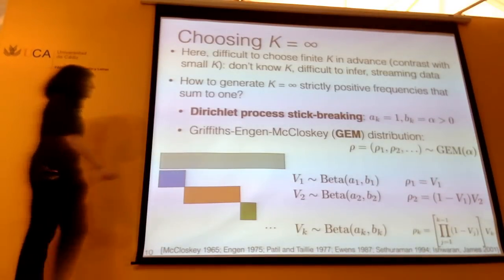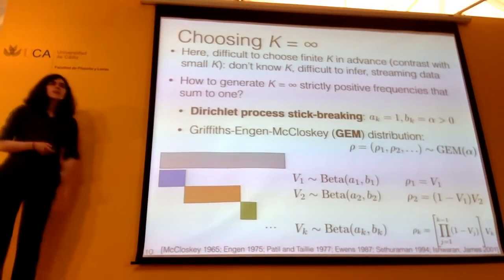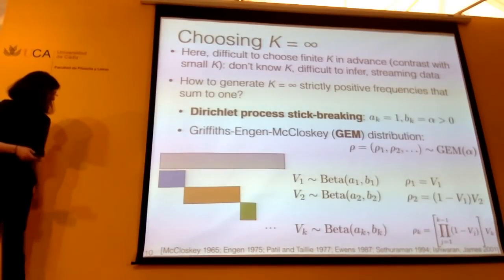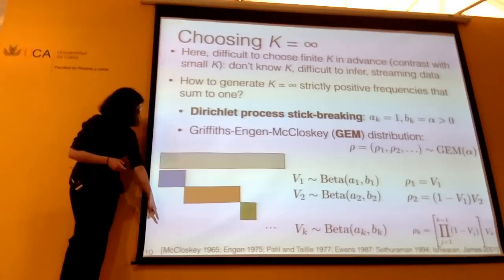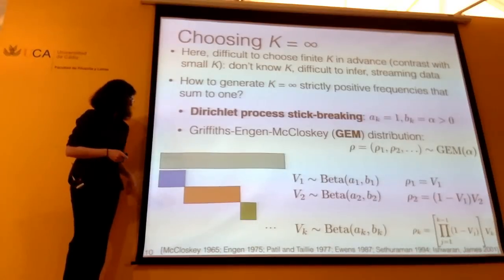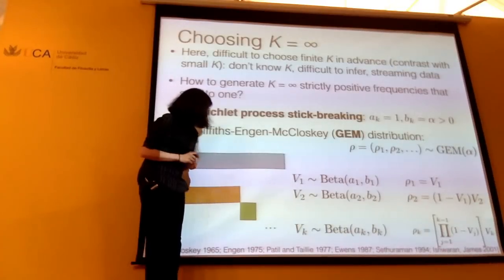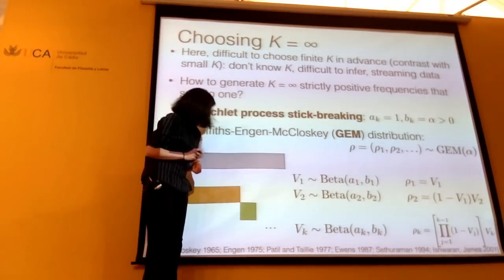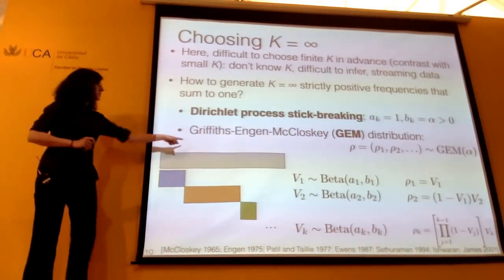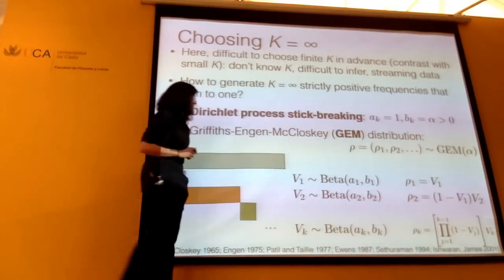Okay, GEM is named after 3 individuals, Griffiths, Engen, and McCloskey. It turns out that this was basically discovered and created in the early ecology literature, which is kind of fascinating. So this McCloskey, 1965, this is McCloskey's thesis, and it's the only thing that I've ever had to get from an actual microfiche and delivered from another library, which I thought was kind of fun. Engen also was in the ecology literature, and then Ewens' paper cites some correspondence or some unpublished manuscript with Griffiths, and so he's the one who names this Griffiths-Engen-McCloskey distribution.